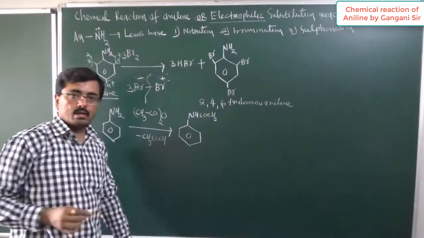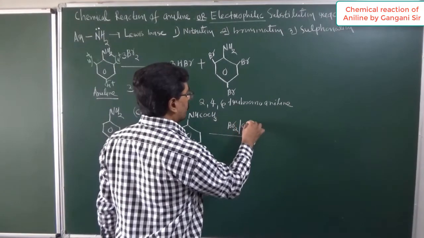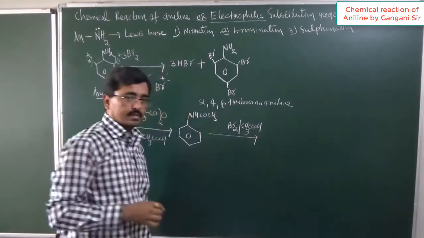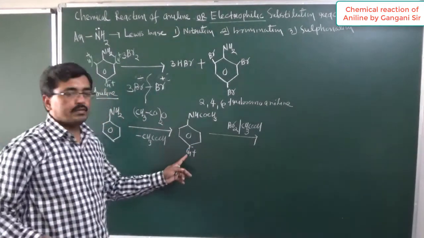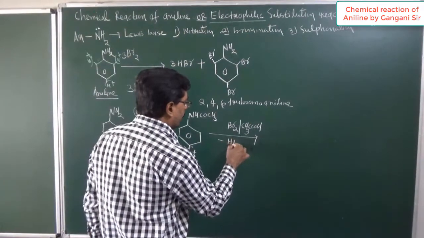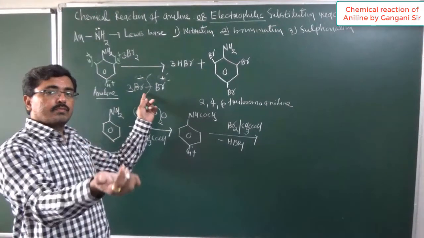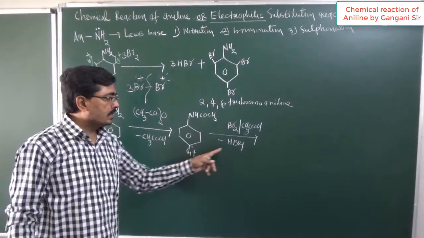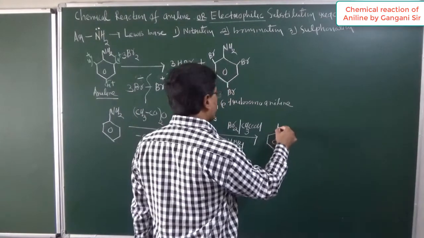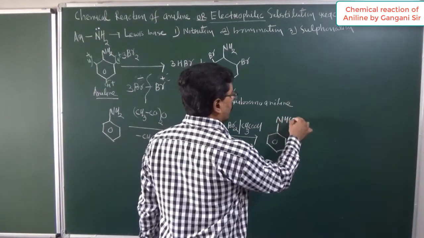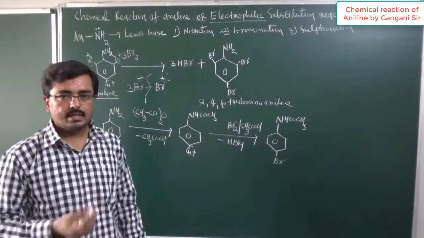Now whatever acetanilide obtained, its bromination is carried out by using bromine solution prepared in acetic acid. So here mono substituted product will be obtained, H plus ion react with this Br and remove in the form of HBr. Br will undergo disproportionate reaction, one Br minus, second Br plus, Br minus combined with H giving us HBr, and bromo group will enter in a para position, and as a result we will get para bromo acetanilide. So name of this structure is para bromo acetanilide.